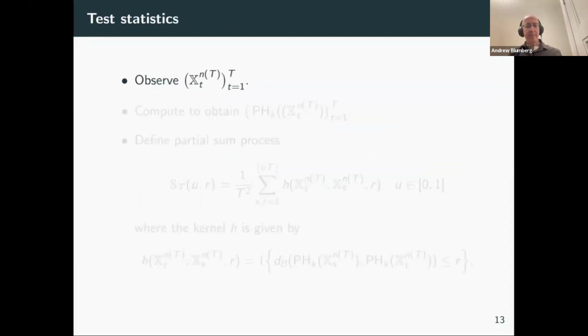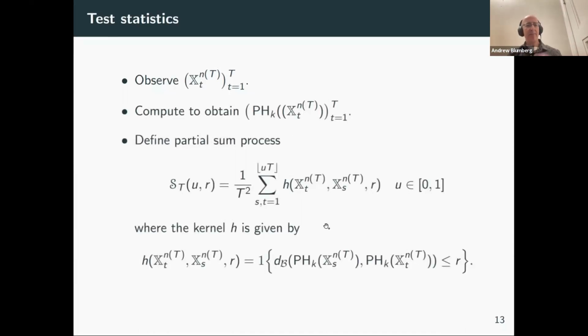And what does a test statistic for this look like? So let me write it down. What we observe are these point clouds. They're indexed by a time variable, and n of t is the size. And we can compute the persistent homology of these things. That's easy. And now we define a partial sum process, which I've written the formula here, but basically this is